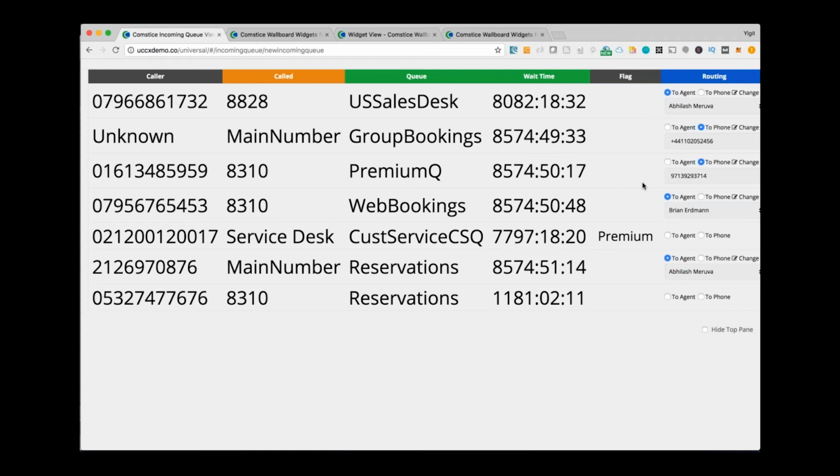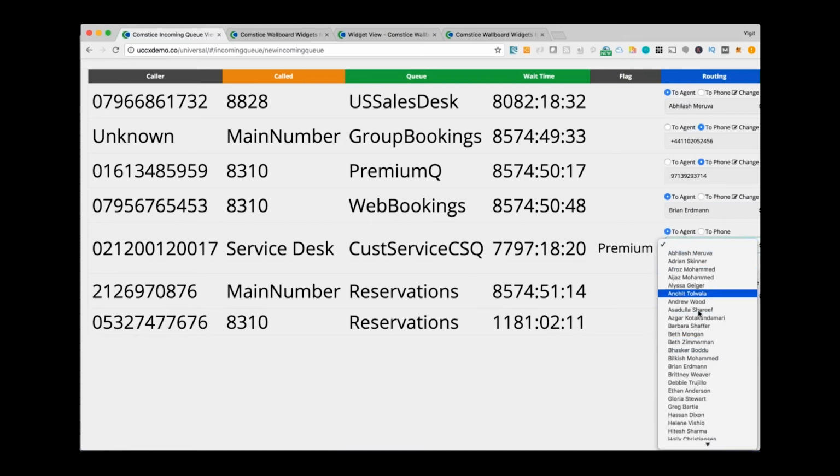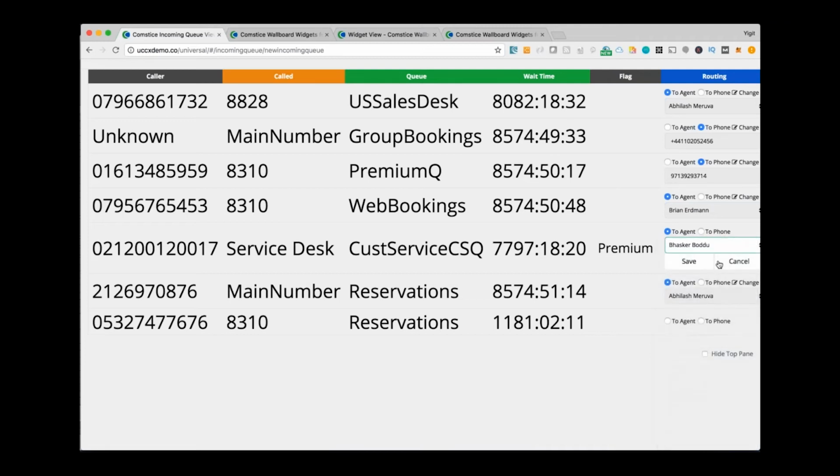So one of our customers thought, okay, I admit, you can actually come here and select one of the agents. This list is the current logged in agents who are not in talking state. So they are not talking to someone. We know that because otherwise they wouldn't be on this list. And then you can select and click on save. As soon as you do that, we send a message to the UCCE CVP script, or UCCX script, or AES script, and we're going to say, take this call out of the queue, dequeue this call,